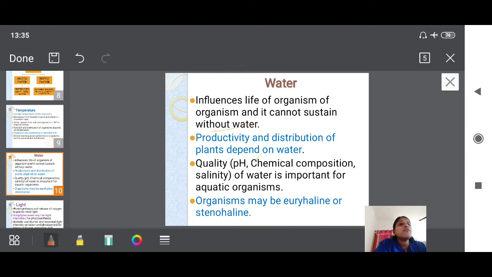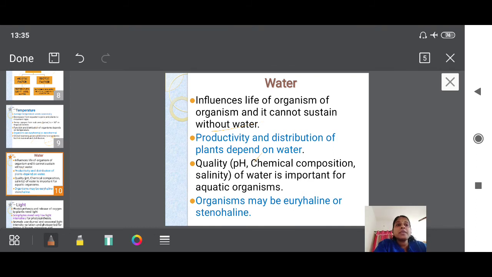And quality of water is very important for what? Aquatic organisms. So quality of water, whether it is saline or not much saline, the chemical composition, what all is present in water, its pH, is playing a major role in the survival of aquatic organisms. If it is increasing because of addition of fertilizers, or discharge being dumped into water bodies, it can affect the life of aquatic organisms, okay.